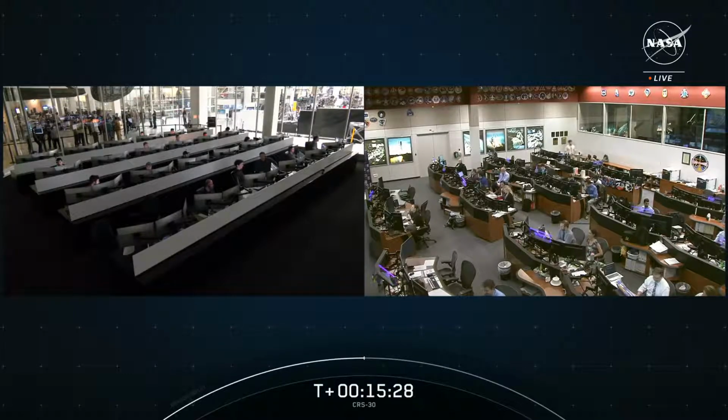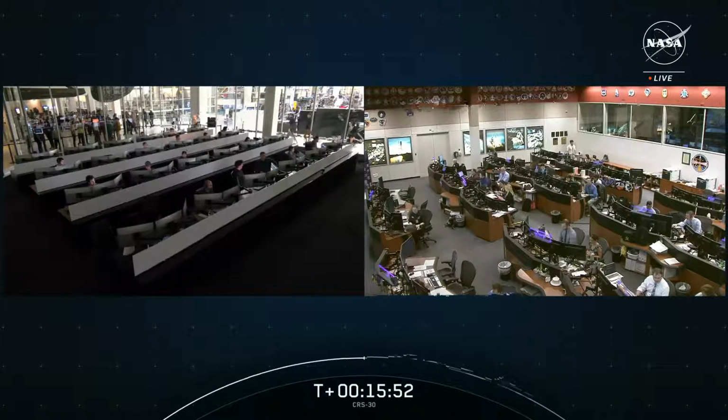Now, a little bit about the coming days and the journey that Dragon will undergo. So now that we are past the spacecraft separation from the Falcon 9 and awaiting that nose cone deploy, we're in the activation and rendezvous phase of the mission. During this phase, Dragon is configured for on-orbit operations. The phase begins after separation that we just saw from the Falcon 9